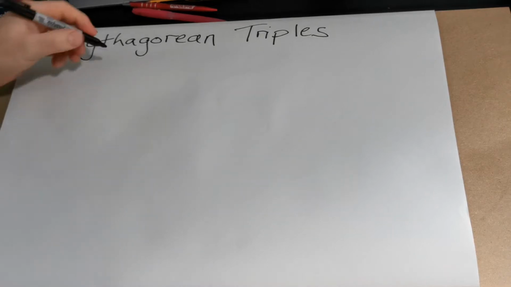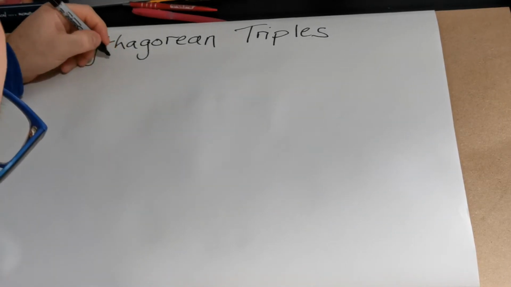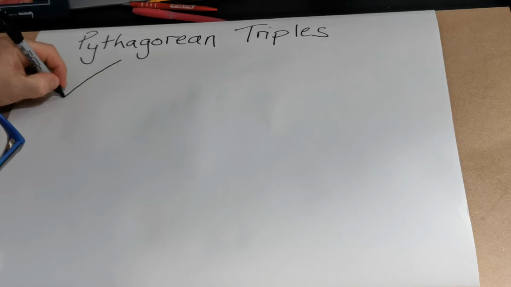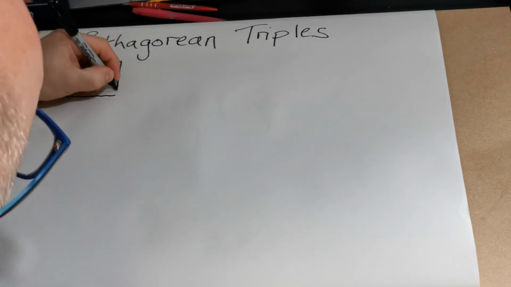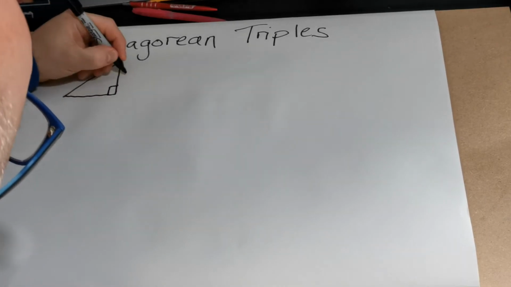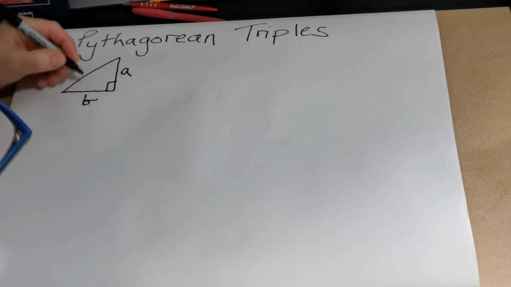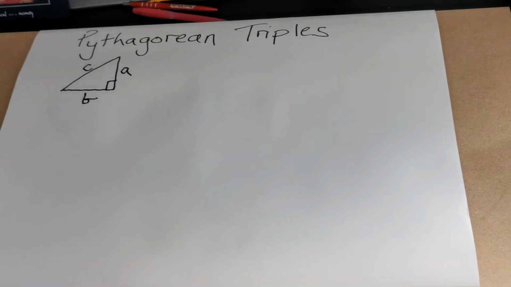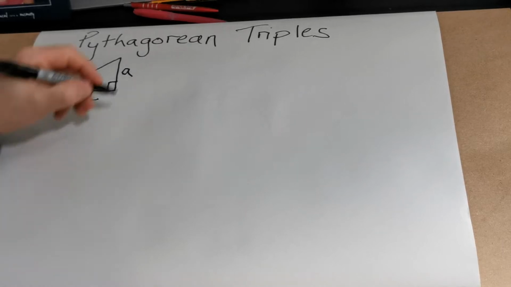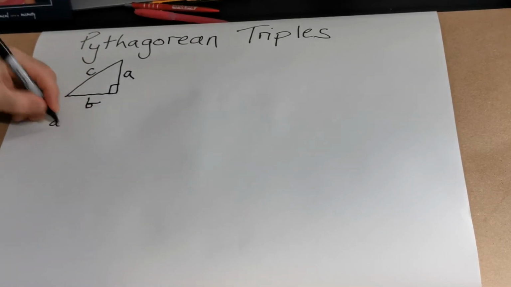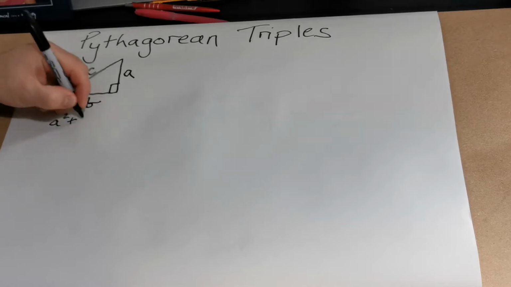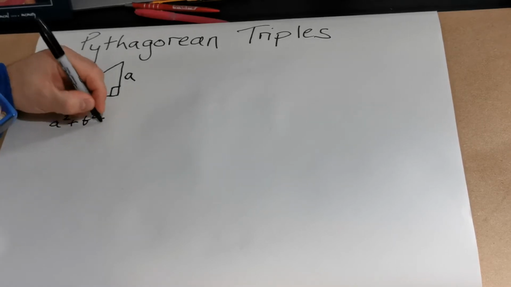Right, folks, one of the most common things that we come across in secondary school maths is Pythagoras' theorem. And Pythagoras' theorem, in a nutshell, is to do with right angle triangles. The theorem basically says that if we have side lengths A, B and C, where C is the longest side of the triangle, also known as the hypotenuse of this right angle triangle, A squared plus B squared equals